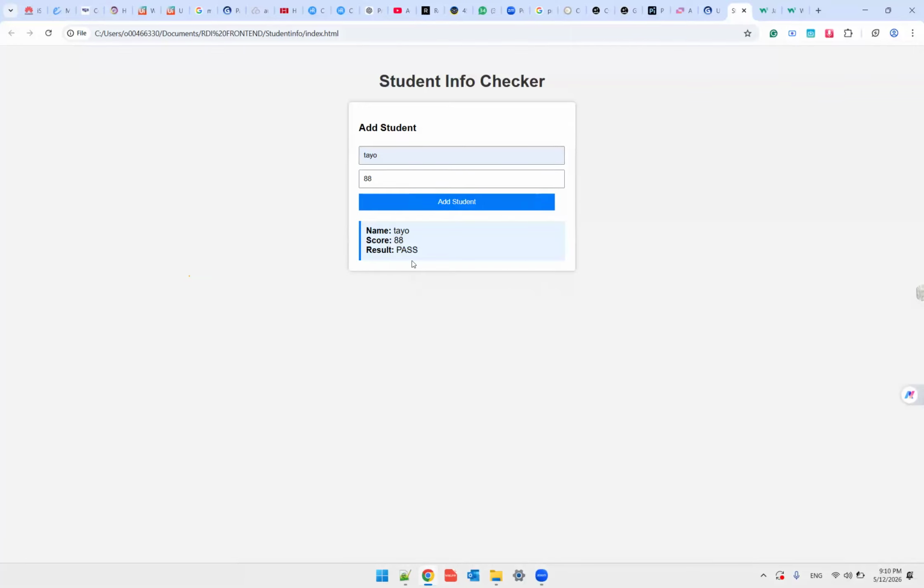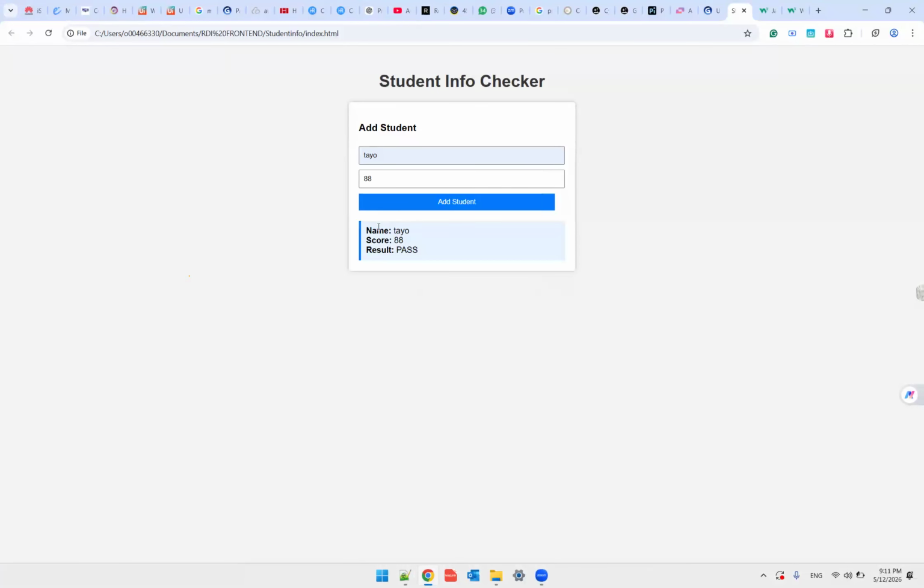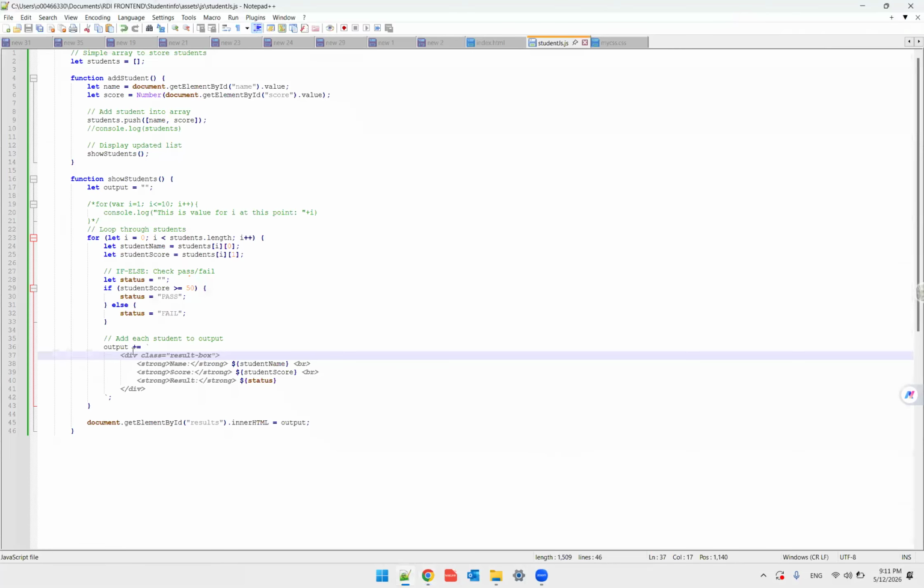You see? So pass or fail is based on the status here. Do you get? So now, this attribute is responsible for what you find here. This thing that is showing right here. So this guy is responsible for it. So we did output plus equals to, so what this means is